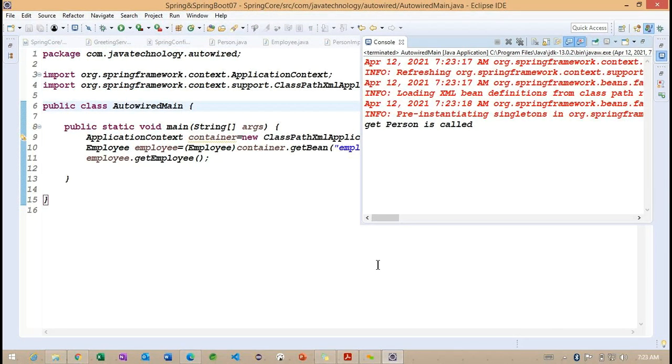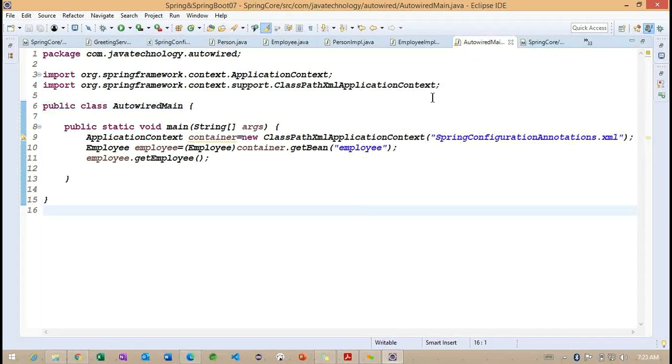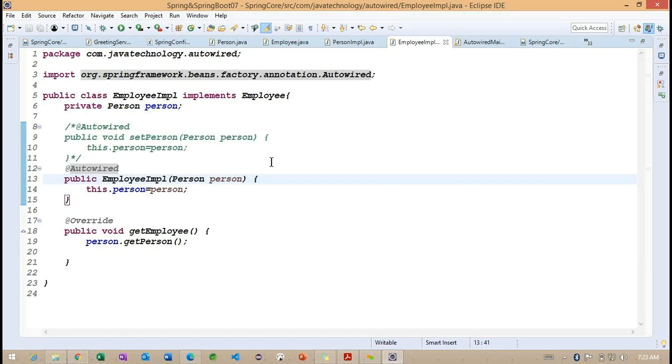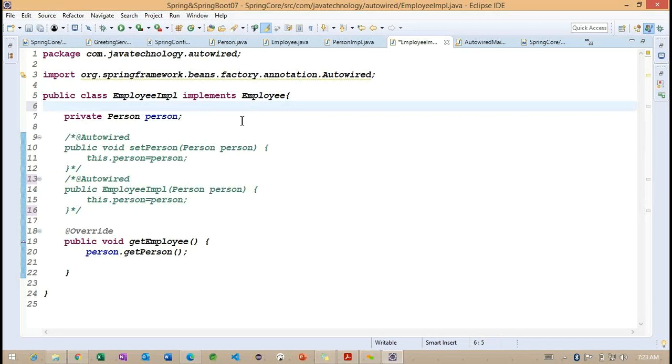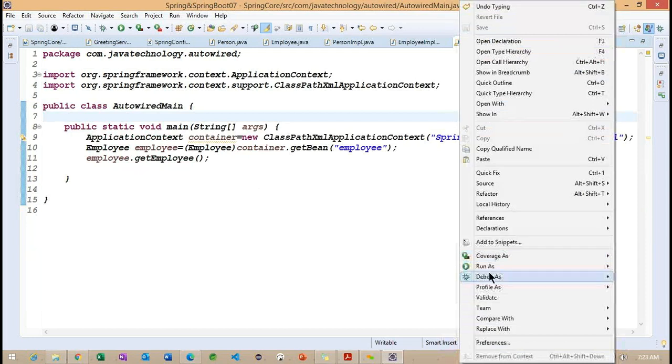Now we can observe that even when we set this autowire annotation on top of the constructor, we are not going to get any error. So happily we are able to run the same example here. Right. Not only this, we can work with this on top of the property also. Now you can see the same example I'm going to run.